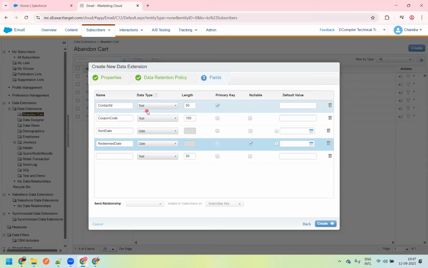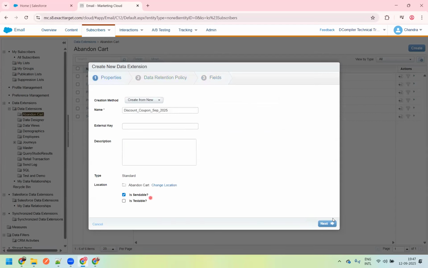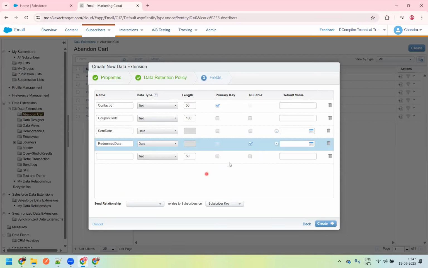So we'll be adding this contact ID, coupon code, and sent date from the journey builder. To make that happen, you need to make this a sendable DE. Without making this a sendable DE, it won't work. So I'll be going back and making sure that it is sendable. Why? Because I want to update this information from the journey builder, because the coupon will be sent from an email going from a journey builder. So contact ID, coupon code, and sent date, these three will be updated from the journey. Redeem date, assume that it will be